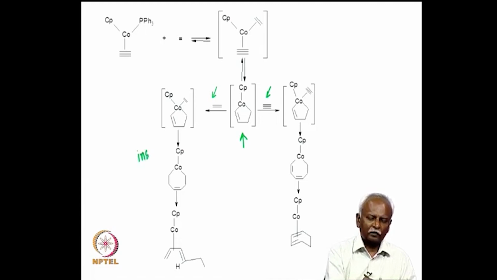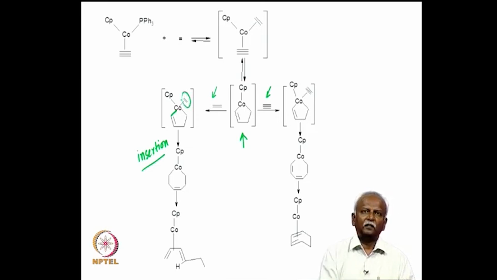So, this is an example of an insertion reaction, and the insertion is carried out by this vinylic group forming a bond to the neutral molecule, which is the ethylene molecule, which is pictured here. So, the ethylene is the neutral molecule and the vinyl group is the anionic group, which migrates to the ethylene molecule, and as a result the ring expands just as we described in the previous set of slides. We have explained how this insertion can result in a ring expansion reaction. The ring expansion leads to the formation of a 7-membered ring,